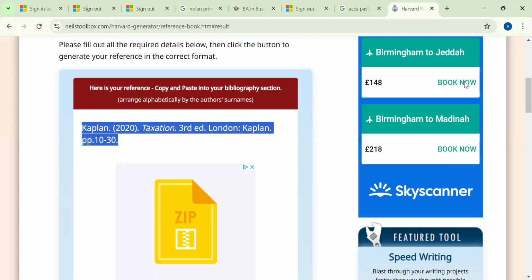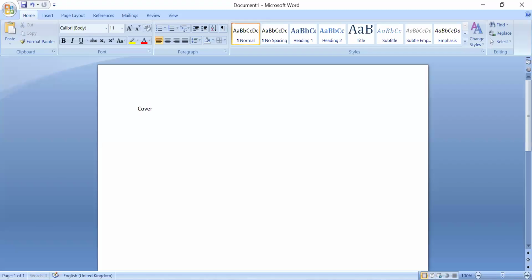So here, I'll demonstrate. Let's say this is the cover page of your assignment, where you write what the assignment is about. Like, you're doing a taxation unit, and maybe I can show you one. Just one second, I'll open the template for you, for this unit which we already created. Can you see now?